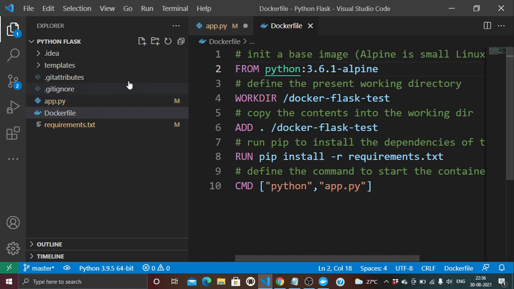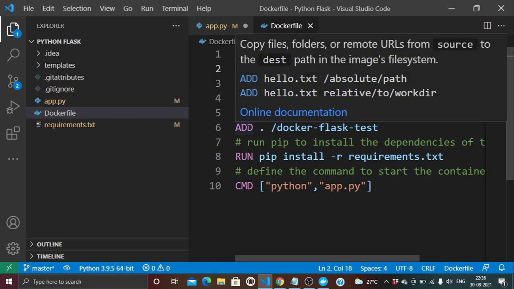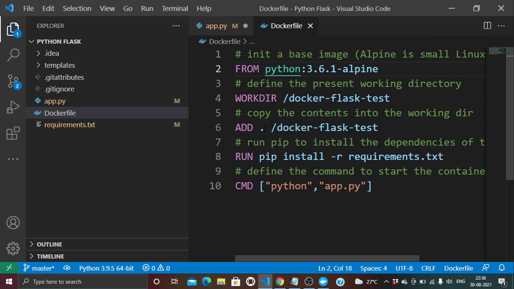This is the work directory name, the current directory inside which we have opened this code editor. After that we have ADD . in the current directory, we are doing a copy of our application inside docker-flask-test. And after that we are running pip install with our requirements.txt.